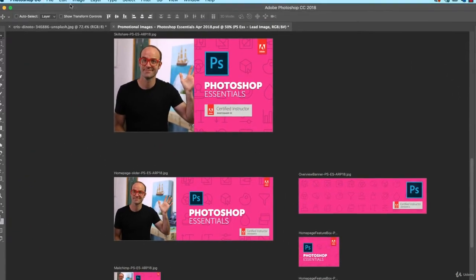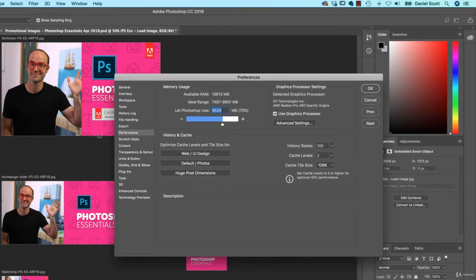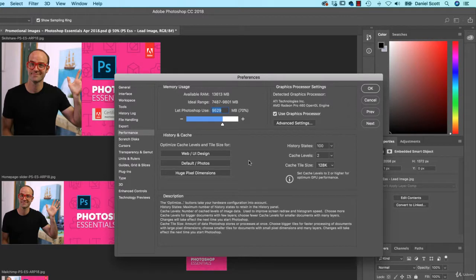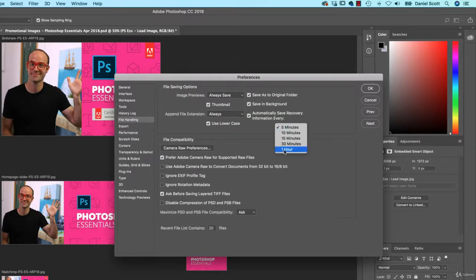Now in the previous video, I showed you how to undo exactly what you did. So under Performance, so Preferences, Performance, remember it's under Photoshop preferences if you're on a Mac. Down here, the history states. If you crank it up to 100, it might just slow down your machine. You can get it down as low as you like. Where it says File Handling, turn down this autosave. You might turn it up to an hour. Just like, please don't crash, but please run fast. Otherwise, every 5 minutes it's going to be stopping to pause to try and save a potentially really big